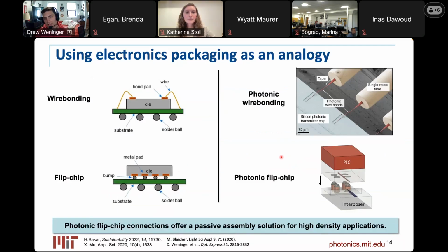And both of these, I would say, are in the research and development stage. I mean, photonic wire bonds are starting to catch on a little bit and be used in some industrial settings, but predominantly today, it's still grating coupling and edge coupling directly to fibers. Now, from here, I'm happy to answer questions about photonic wire bonds at the end, but I'm